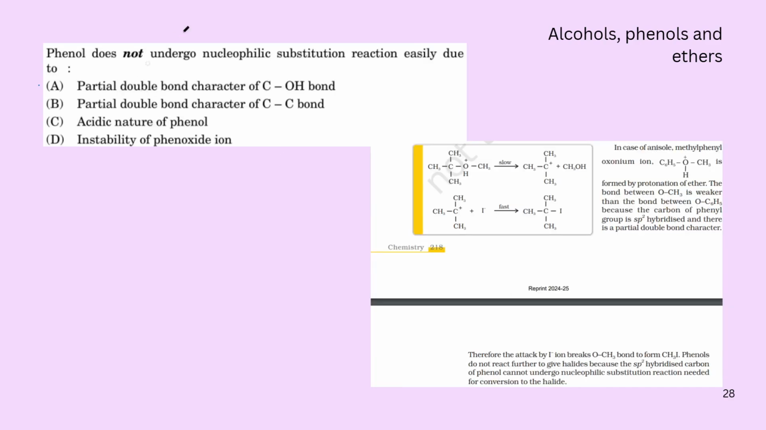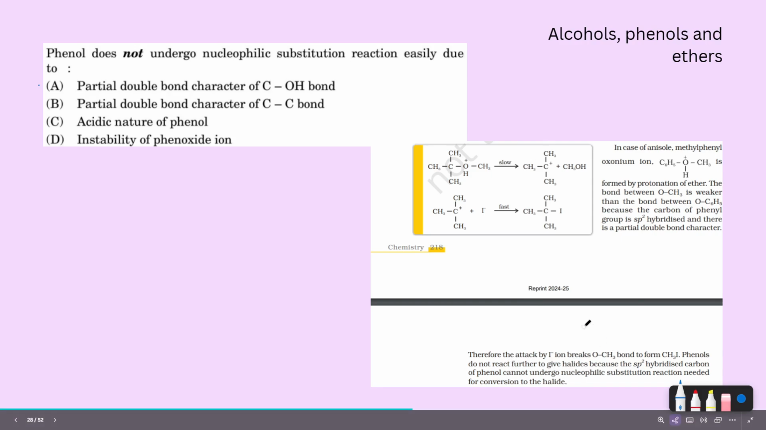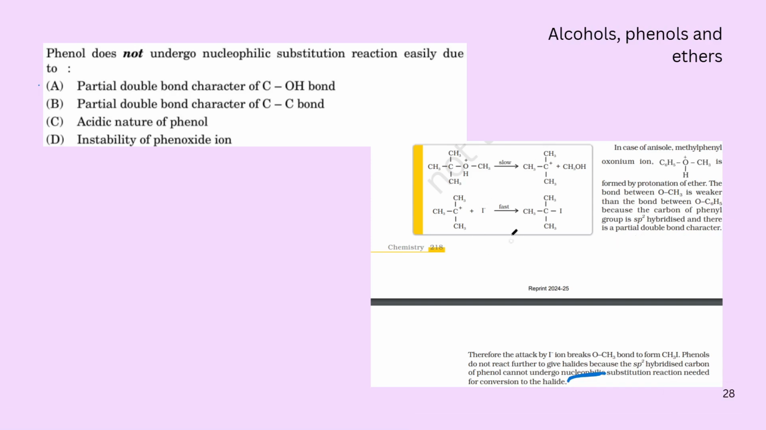The next one. Phenol does not undergo nucleophilic substitution reaction easily due to what? I thought this was actually discussed under the concept of ethers. So under the chemical reactions of ethers, this was what was given. If you notice over here, phenol cannot undergo nucleophilic substitution reaction. This is actually because of the partial double bond character between the carbon and the OH bond. Because of the C-OH bond being partially a double bond because of the benzene ring, it does not undergo